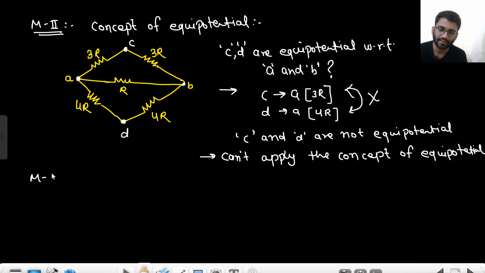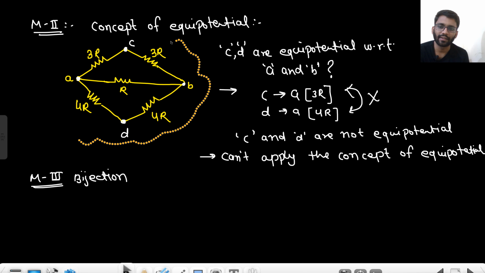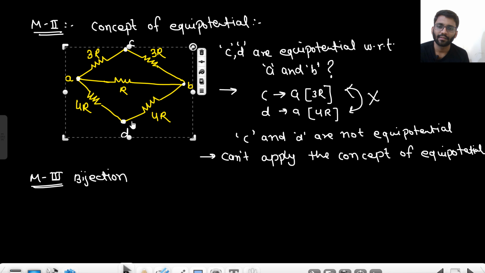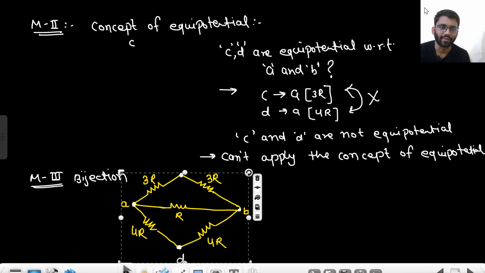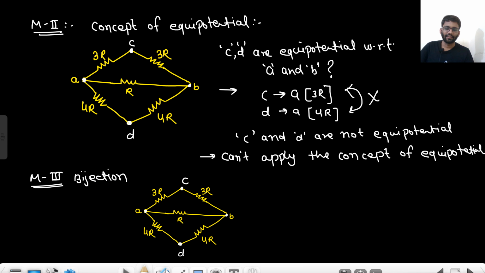Now method 3, bisection. So how will you bisect? Parallel to the given nodes, right? Let me make it. This is C and E. So what can I do to make both of them look equal? From where will I bisect? First you tell me. I will bisect it like this, from here to here.